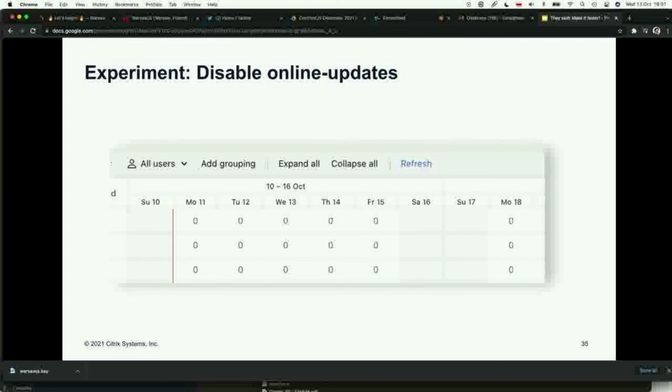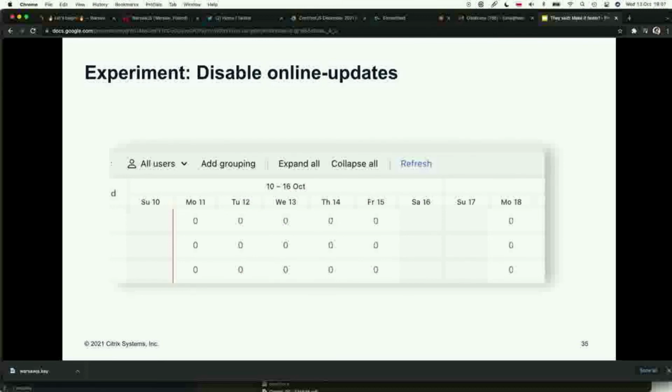Another experiment was about online updates. I already tried to introduce this logic. So how does it work? You sit in your chart, and you have 10,000 of your colleagues who are committing changes into these tasks. And all these tasks are getting more and more updates over and over again, and everything is being recalculated. Our hypothesis was, why do we really need this?